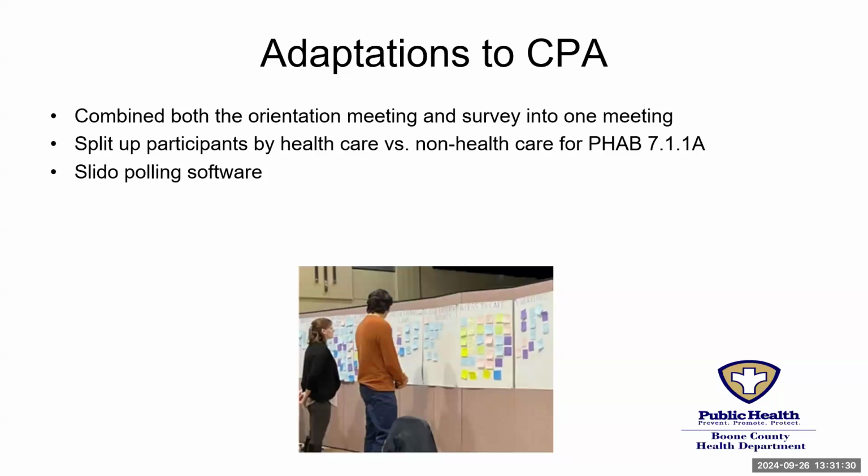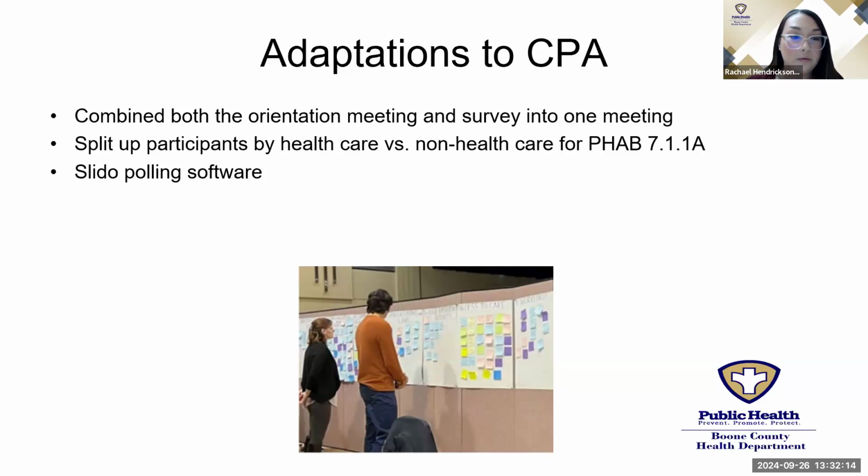So we did adapt the community partner assessment, or the CPA, to our community. The CPA guide itself lists a couple options to make it a little flexible for your health department. They give you an option to host either one meeting or two meetings. In both ways, you send the survey out to participants in an email. But what we decided to do is we knew that we would lose partners, we would have low uptake of the survey if we had multiple meetings and then sent it out and it got lost in their inbox. So we did adapt it so that everything would happen in one. So we introduced the CPA, we did activities, and we had them sit there and take the CPA survey itself